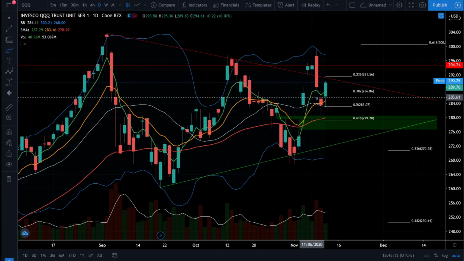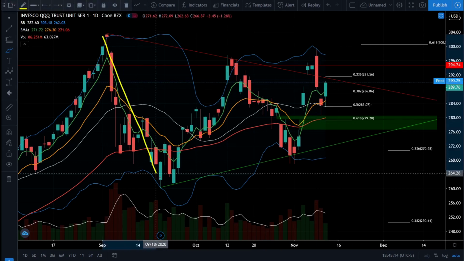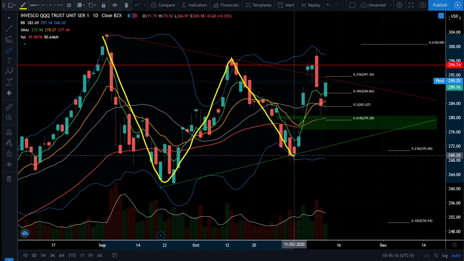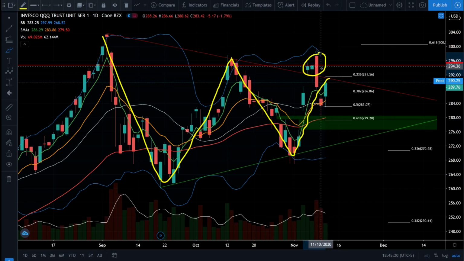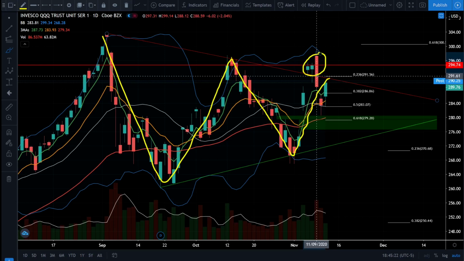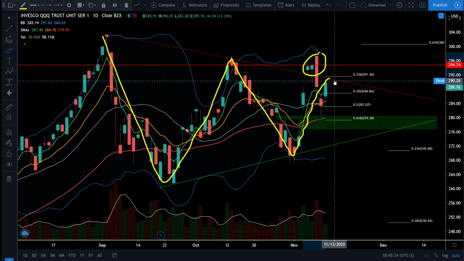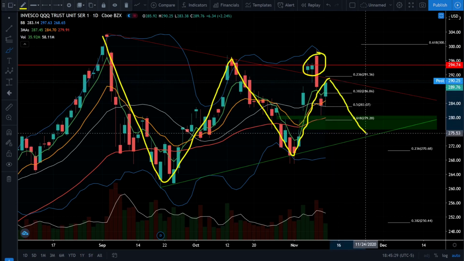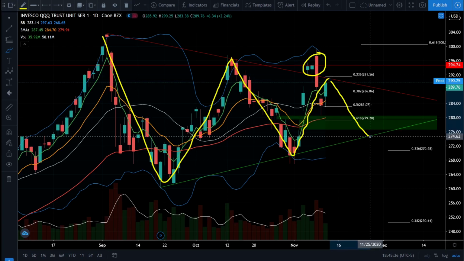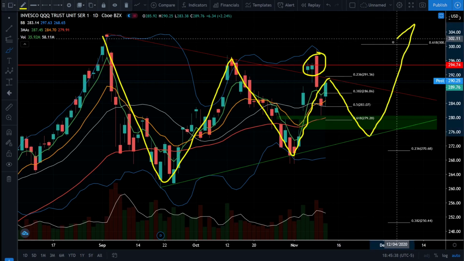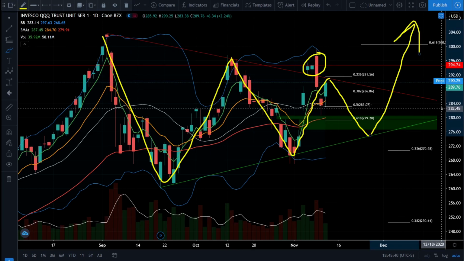Now, one thing to note on the triple Qs is we are back into our consolidation wedge, and we haven't broken out above the resistance trend line just yet. We see here that we had one of those false breakouts because that resistance did not act as support on the test. So it's likely we could get back up to this resistance trend line and start heading back down to our support trend line. And then we would close all of the gaps, extend beyond the 0.618 Fibonacci retracement, and we're likely to start heading higher and break to new all-time highs if we do get that scenario.